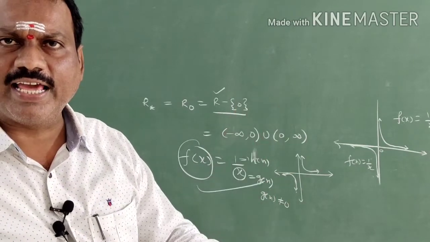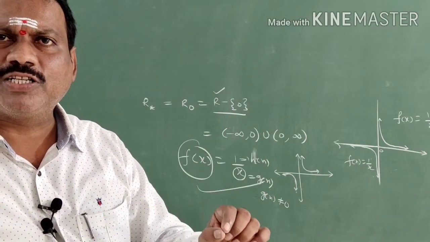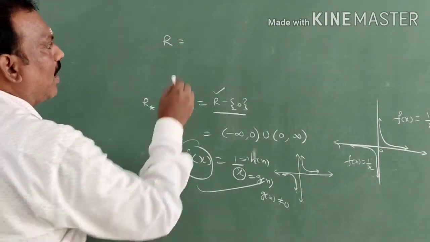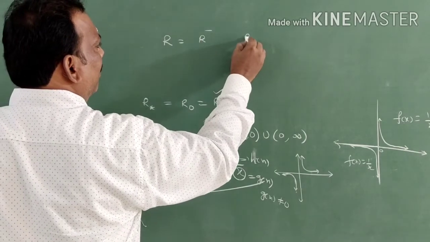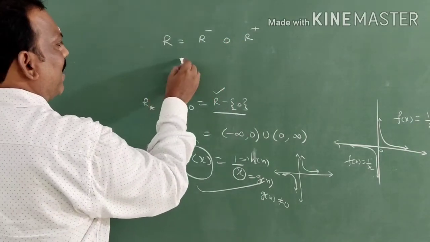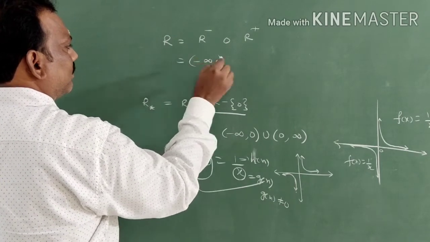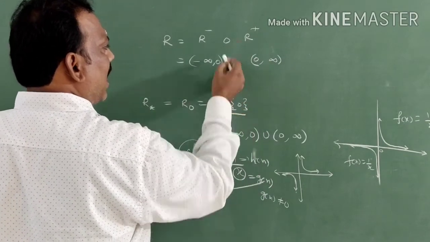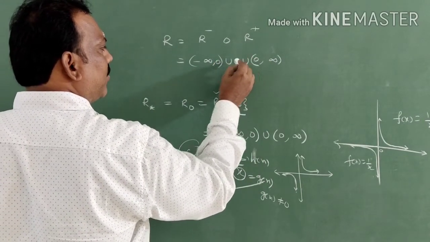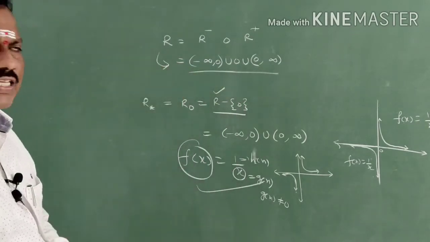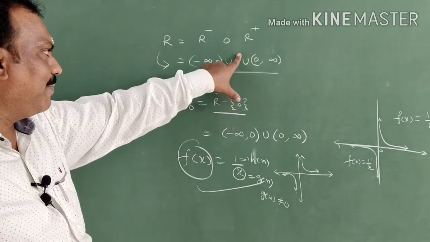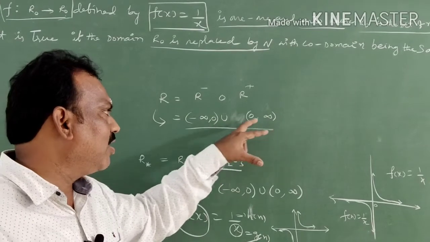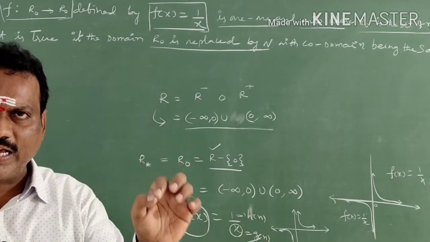Non-zero real numbers they are taking. Non-zero real numbers means except 0. Why? Because real numbers are divided into three parts: R minus, R plus and 0. What is R minus? Minus infinity to 0. What is R plus? 0 to infinity. And 0. The union of all we will call real numbers. In this, now we are eliminating this part. Except this, you have to take both parts. You can assume any value in this set except 0. That is the meaning. Clear, students?